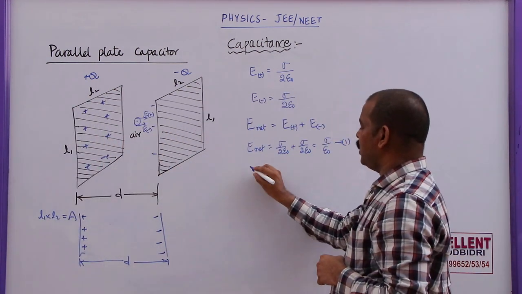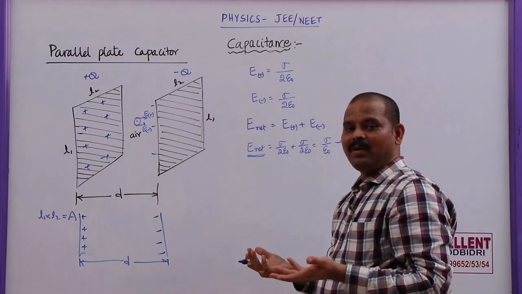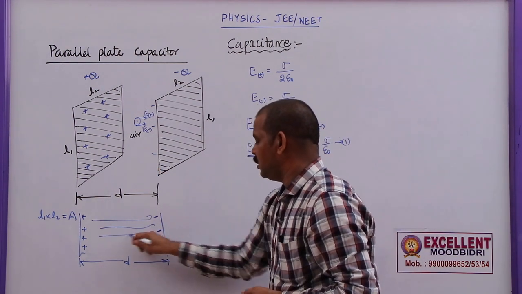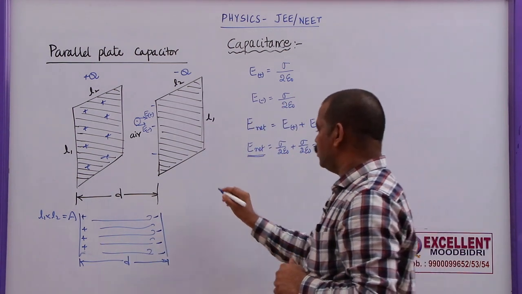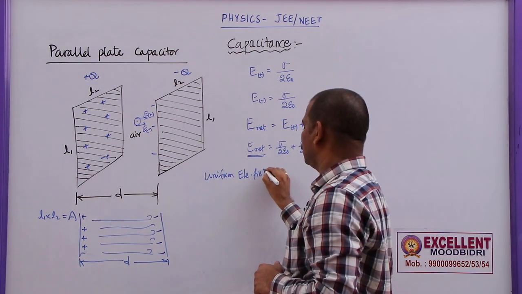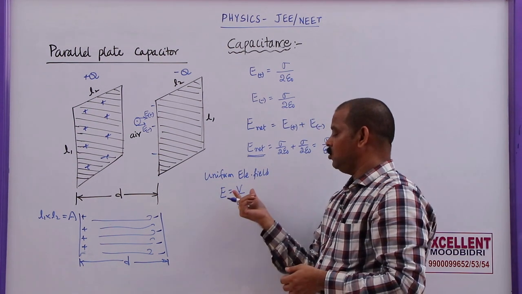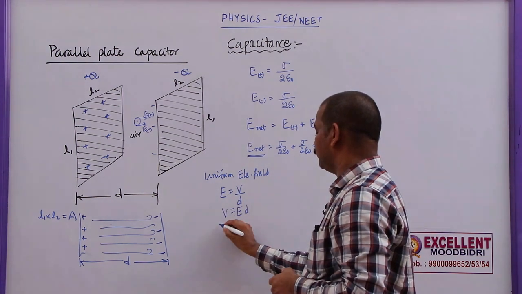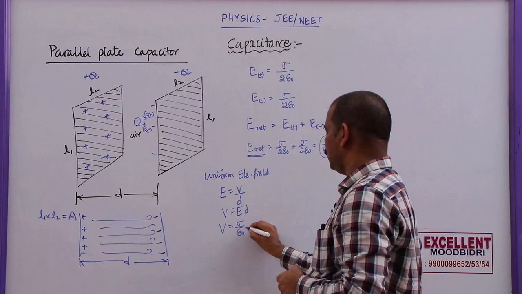Now, how to find out the potential difference? Here, we can find the potential difference by assuming a uniform as well as a non-uniform field. Suppose the field between these two is uniform; generally between two parallel plates separated by a small distance, the field will be uniform. So, for uniform electric field, E is equal to V by D. So, electric field is equal to potential difference divided by the distance between the two plates. So, V is equal to E D. So, V is equal to sigma by epsilon naught into D.